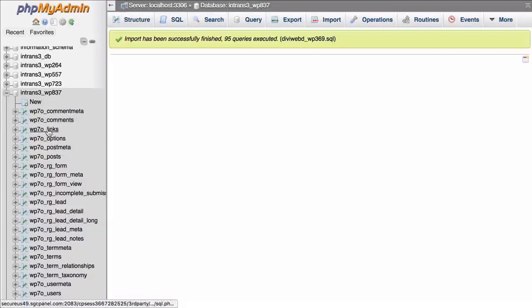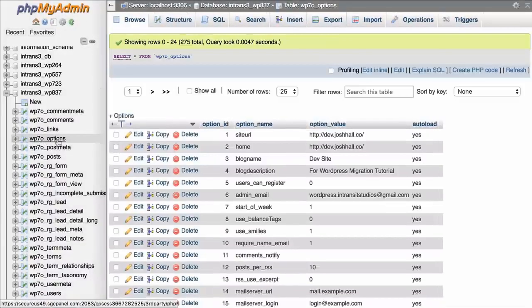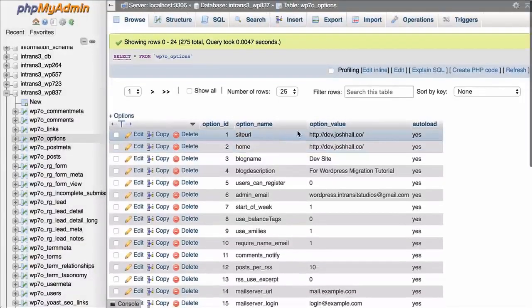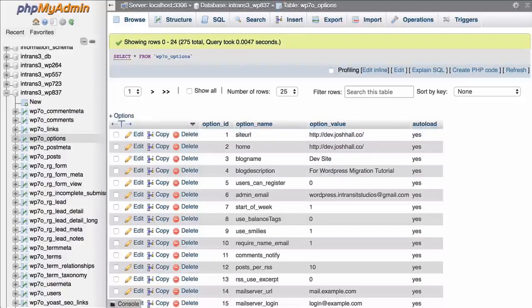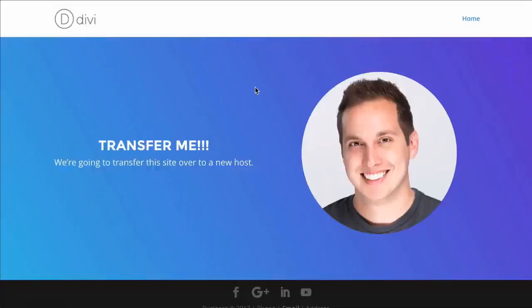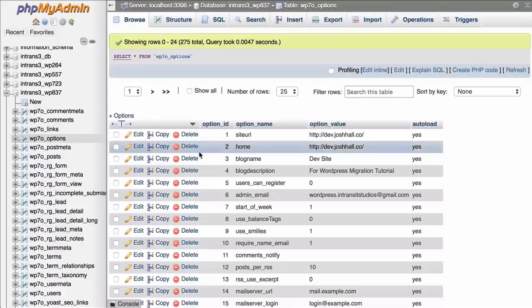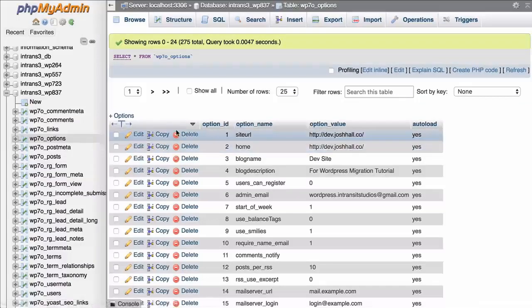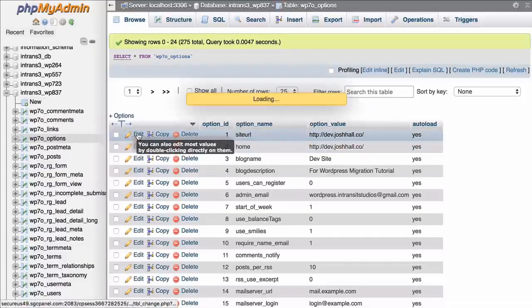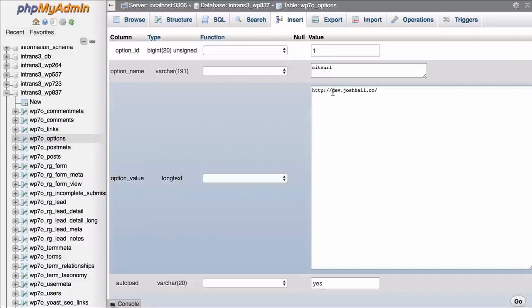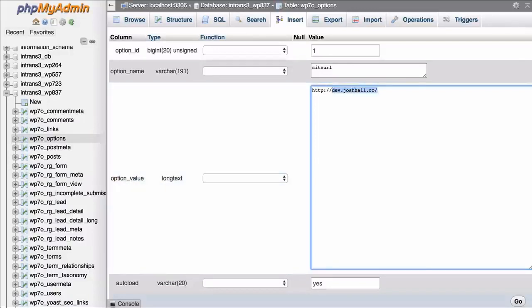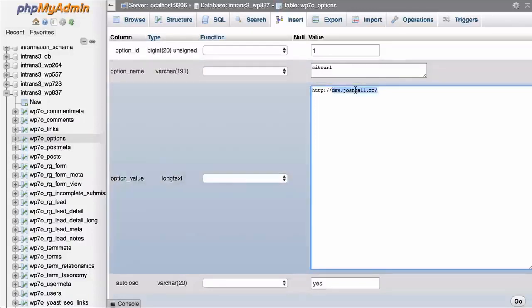Now, we're going to go into the most important table, which is right here, the options table. And here is where you can find the URL of your site. This is what I mentioned before, that when you're in your previous site, I could go in here and change the URL before I move things, but I like to know how to do this just in case I need to ever get in here. So you're going to go into options, and we're going to change the URL from dev.joshhall.co to the new dev